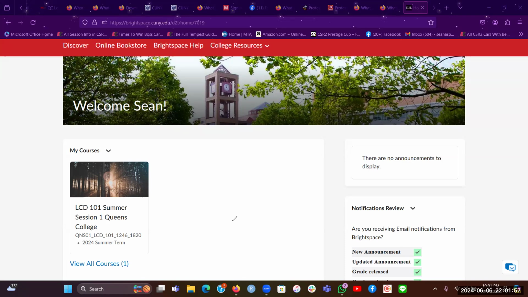All of the CUNY institutions will be transitioning to Brightspace over the next 3 years. That's right, over the next 3 years. Queens College is one of the first universities that will be using the new interface of Brightspace starting in the